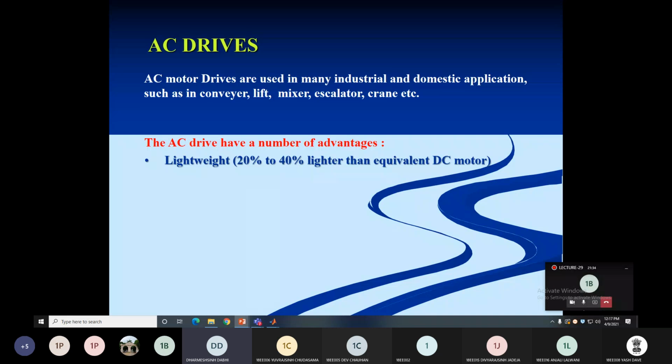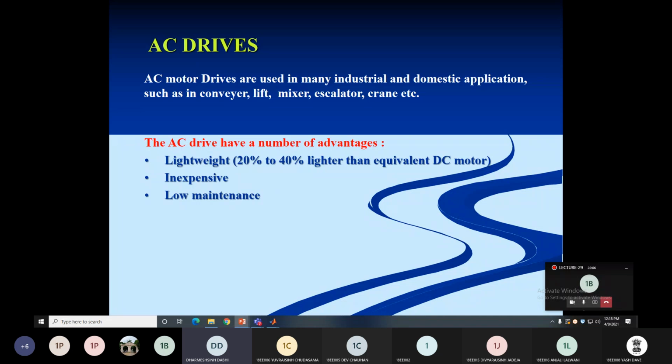In the AC motor we generally use the synchronous motor or induction motor. But in normal industrial applications, generally 70 to 80% of industries use induction motor drives, because the control of the induction motor drive is very easy. The second advantage of AC drives compared to DC drives is that they are inexpensive. An AC drive is less costly than a DC motor drive.